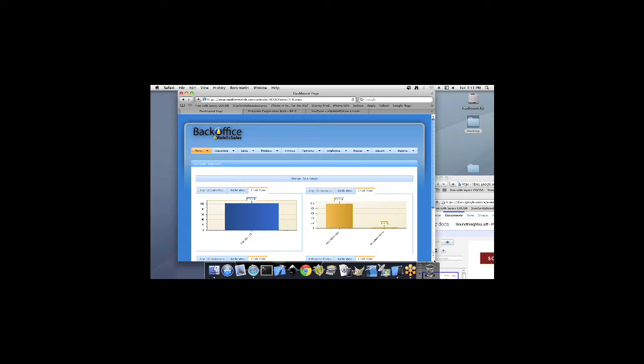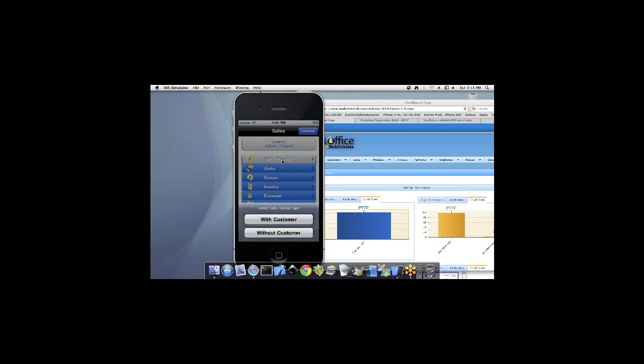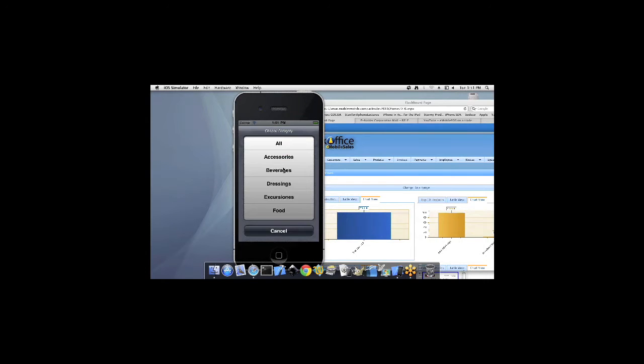And our system interfaces with QuickBooks, and they're using our system as a point of sale. They take the order, just as I showed you, on the device. They look very quickly for the beverages, and they sell it from here. The beverage, they click on them, and that's it. That's an example of a type of shop that can run the system right now.